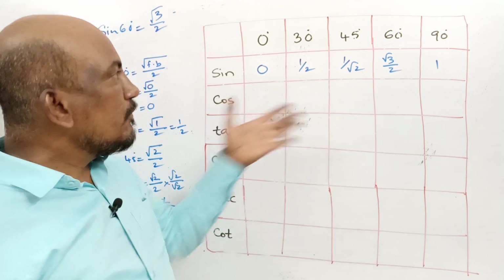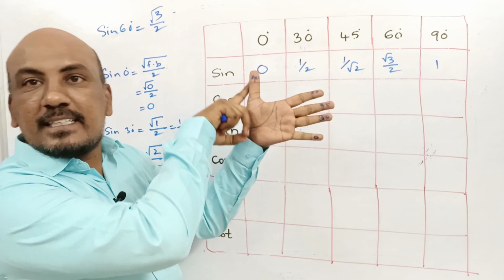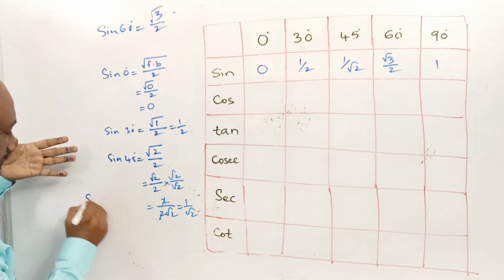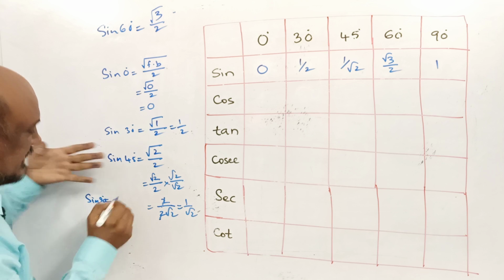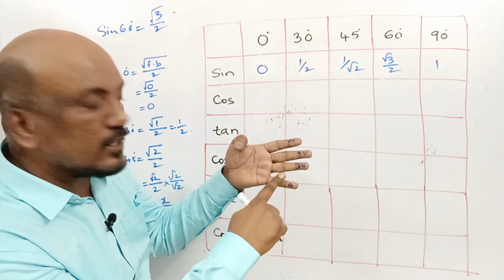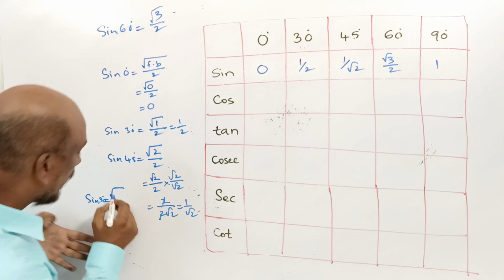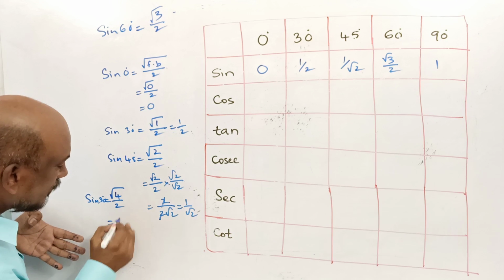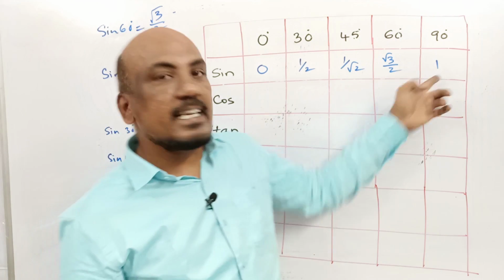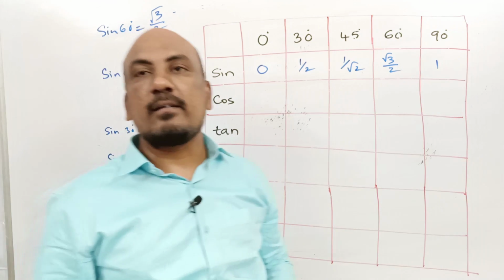Children, in the same way when we go for sine 90, I am closing this finger, 90. So sine 90 is equal to, I am writing it here, under root of how many fingers are there? 1, 2, 3, 4 fingers are below. So under root of 4 by 2. Under root of 4 is 2, and 2 by 2 is nothing but 1. This way sine 90 has come as 1.